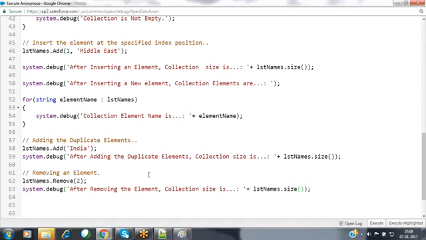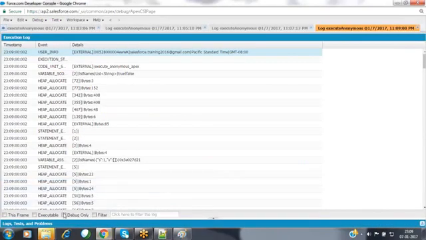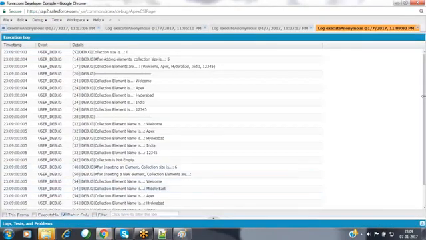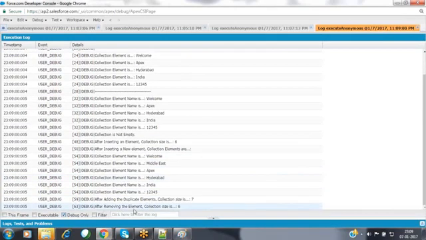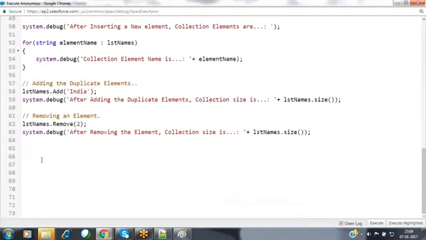Sorry, I'm removing that element. Once the element has been removed, I would like to get the collection size again, and for that I'm using the remove method. Now click on execute. The element Apex will be removed. The collection size should be displayed as 6. When you look at the result, after removing the element, the collection size is 6; the element Apex has been removed from the collection. And the next one.